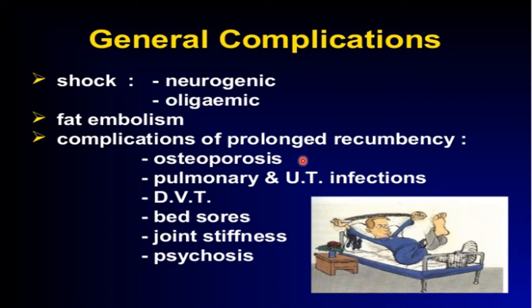It would lead to osteoporosis of the bones, and generally there will be bone loss all over the body. Then you can have pulmonary or urinary tract infections because of recumbency or being immobilized. Urinary catheters may need to be passed, and because of fractures, the patient is not moving around, and parts of the lung can collapse, especially in case of fractures of the ribs, leading to consolidation and pneumonias. Then deep vein thrombosis, clotting of the blood in the deep veins of the legs, is another complication of prolonged immobilization.